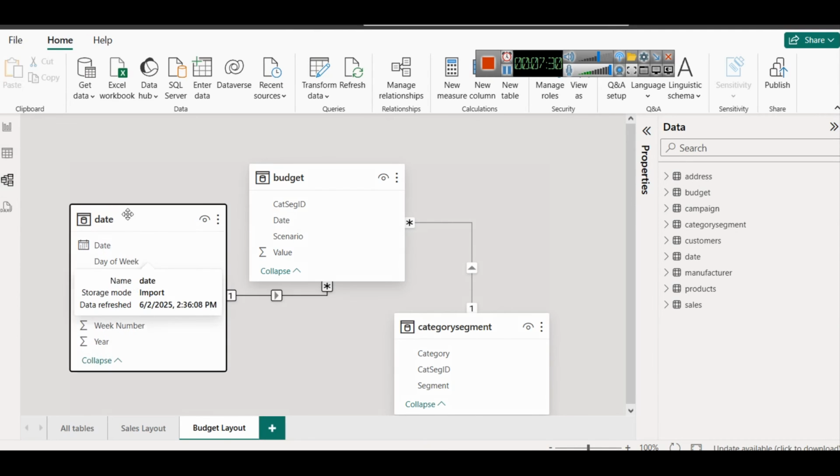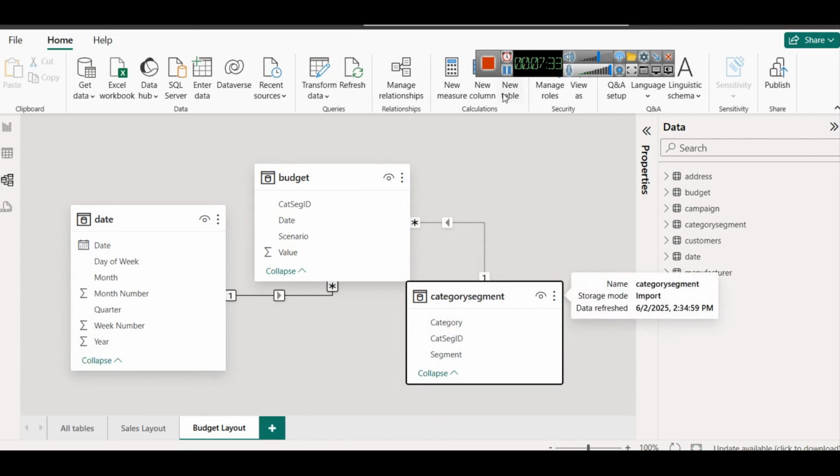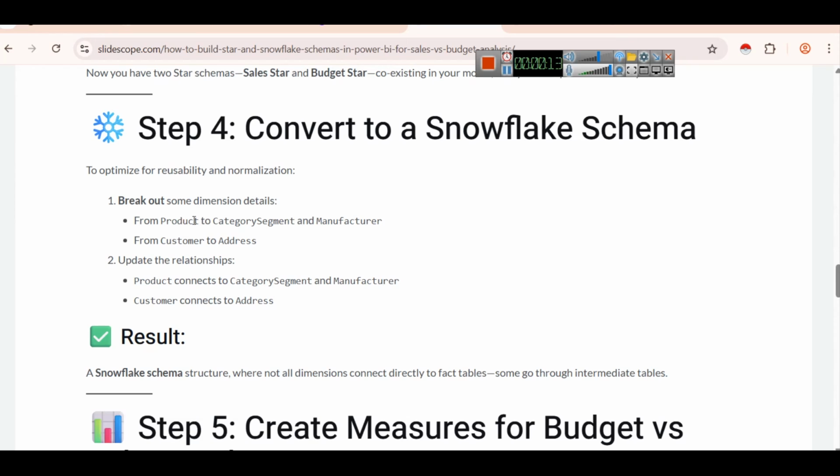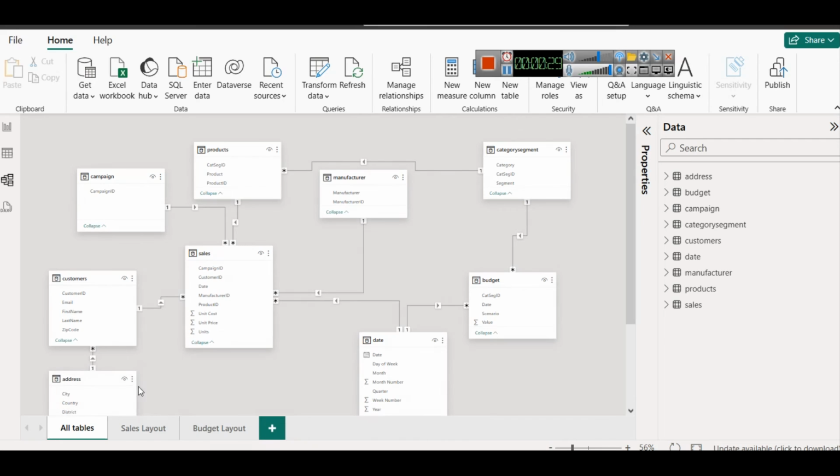So now we have the second schema with us, and just for better understanding of everyone, I will convert this to a Snowflake schema. So for that you can break out some dimension details, like from product to category segment, from customers to address. You can update the relationship. Product connects to category segment and manufacturer. Customer connect to addresses. So for example, we can connect addresses to customers, because in addresses we have customer ID,